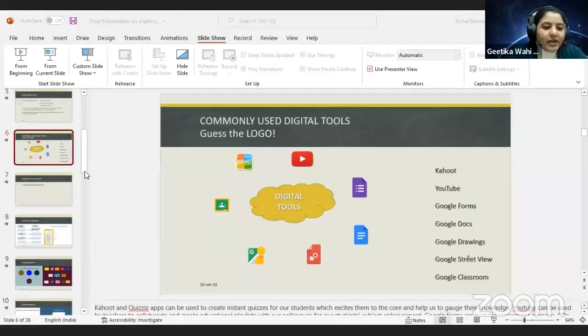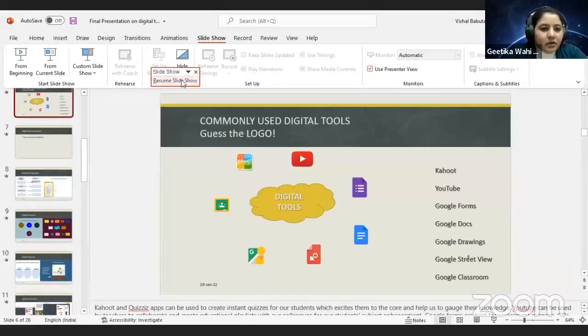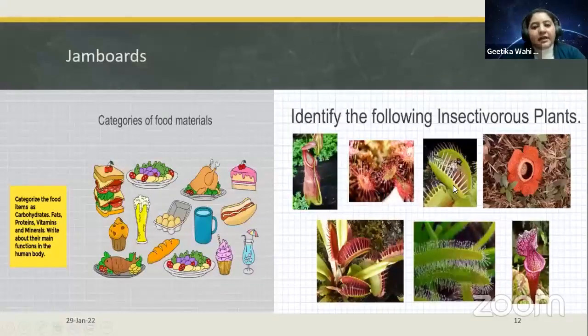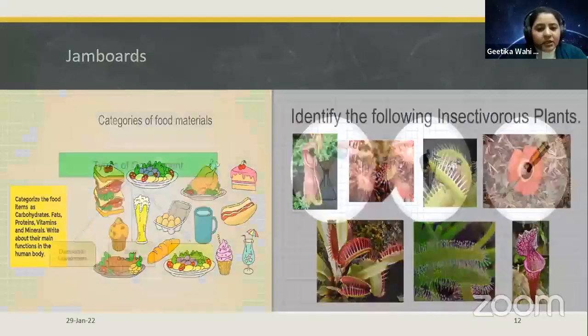Okay, I have shared the graphic organizers with you. I have also shared... okay, let me resume this. Yes, this activity I really liked. I gave them a task to identify the insectivorous plants. Similarly, I asked them to identify many things, and it turns into a discussion in the class. And you must have realized, whenever there's a discussion in the class, the children turn into active learners,